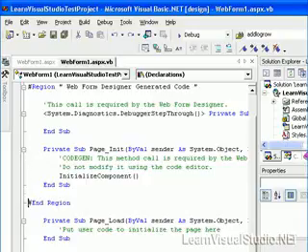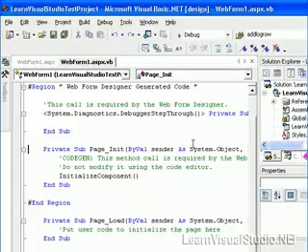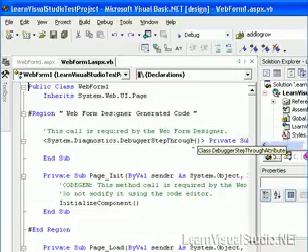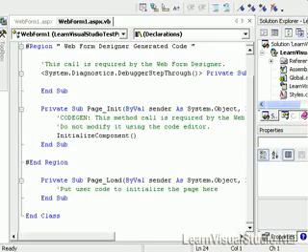Now, what I'm going to do next is actually use the mouse to expand this web form designer generated code just so we can get some more code in the main area. And this is the use of the Control button in conjunction with the up and down arrows. When I do this, what happens is my position does not change. Notice that my cursor still stays on the line that says end sub, but what I'm able to do is move the viewing area of the code up and down accordingly. Now, if I remove my hand from the Control button and just use the up and down arrows by themselves, I'll actually move to a different line of code. But again, now